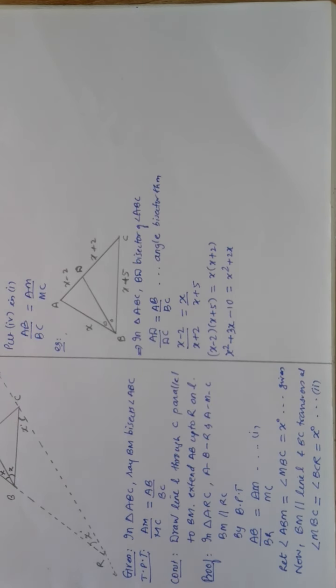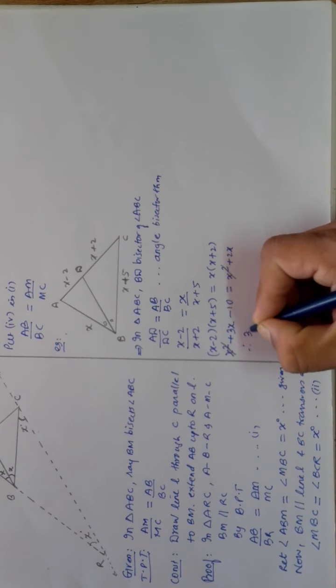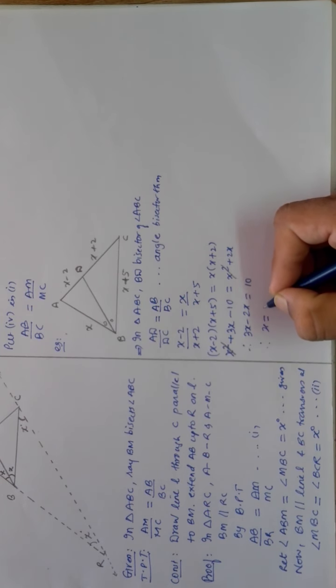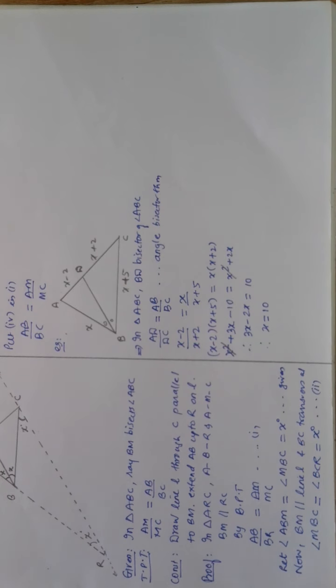Okay, so obviously what happens is, this x square which is there will transfer either to this side or that side, because both have the same coefficient, but will change the sign, so it will get cancelled. Now I will be shifting either 3x or 2x, whichever is smaller. The smaller obviously is your 2x, so it will come this side, will become negative, and minus 10 will be shifting from here. So you get 3x minus 2x is equal to 10. That means the value of x is 10. Okay, very simple question. Nothing else is there in this particular question.